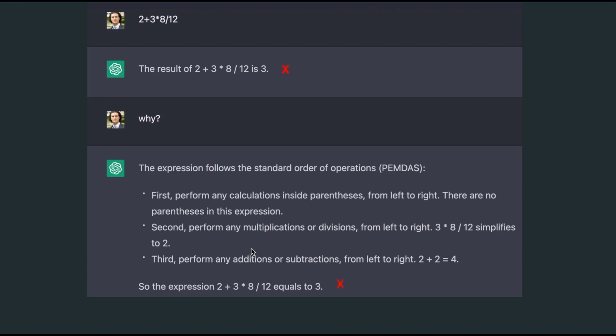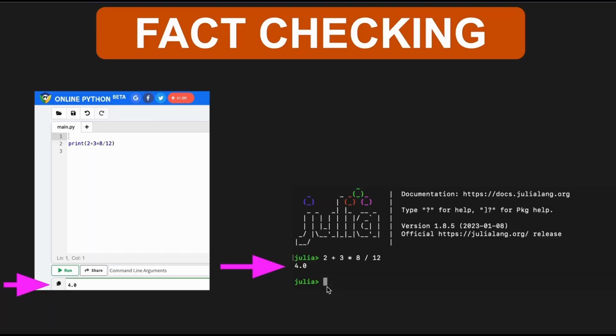So actually the reasoning is right, but the calculation is wrong. It really understands the precedence of operations. It executes them properly, and then it gets you the result right, but then it tells you that the calculation is 3, and the reason is that temperature, right?